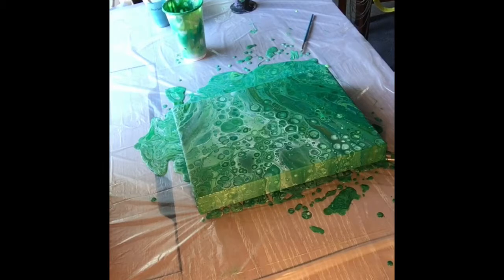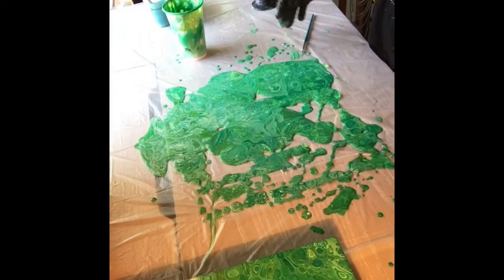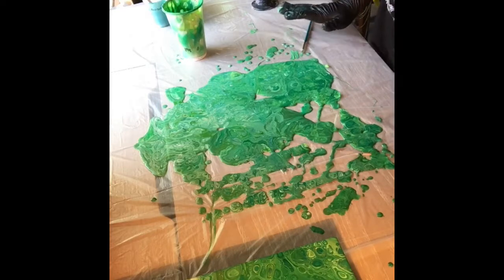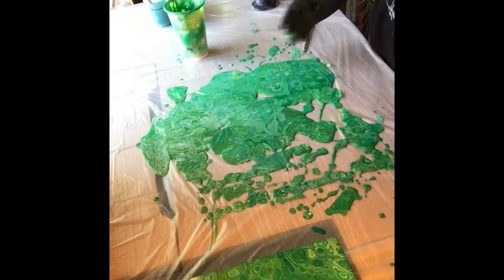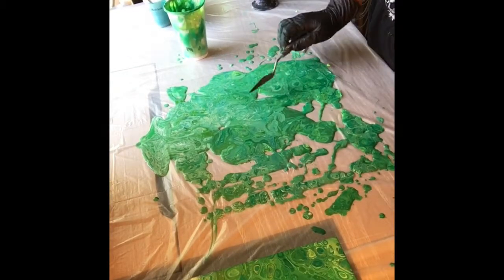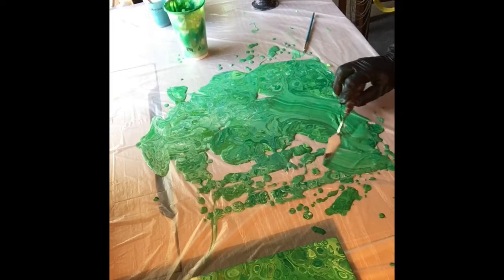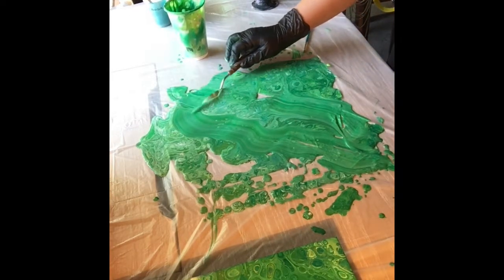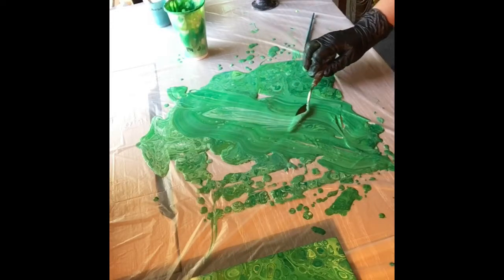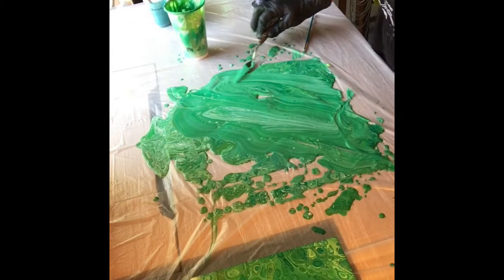Guys, I have got to get you guys down to take a look at this. I actually really do enjoy this a lot. I'm going to put that aside. And now I'm going to look at the drip off and see if there's anything that I enjoy enough to save. I kind of wish in the drip off that I had a little bit more of the neon yellowy green colors, but they're not really coming out,